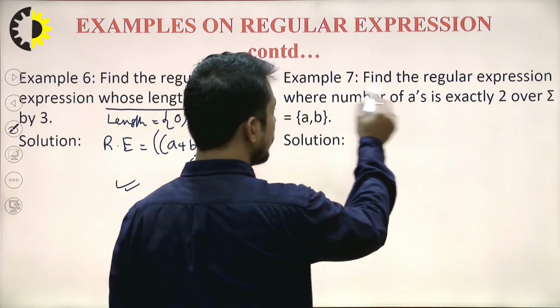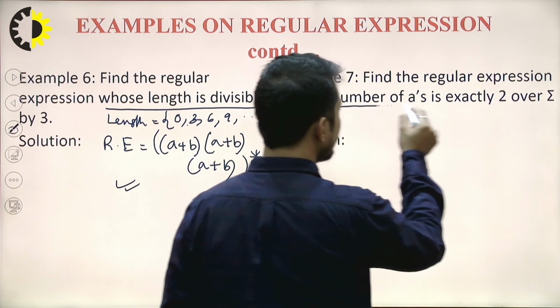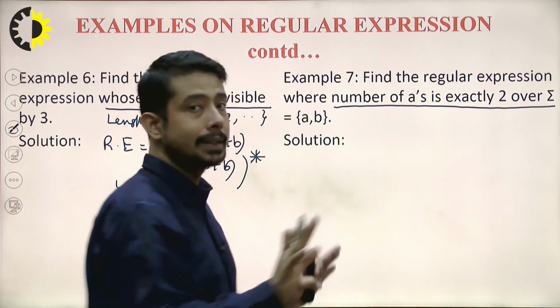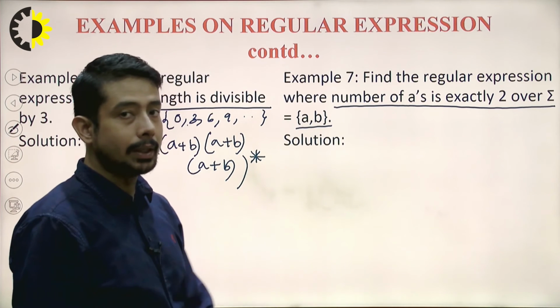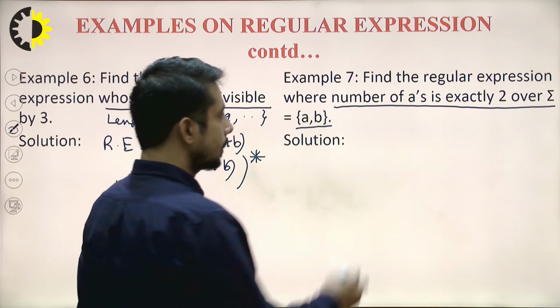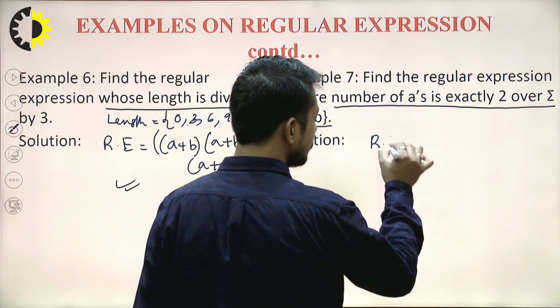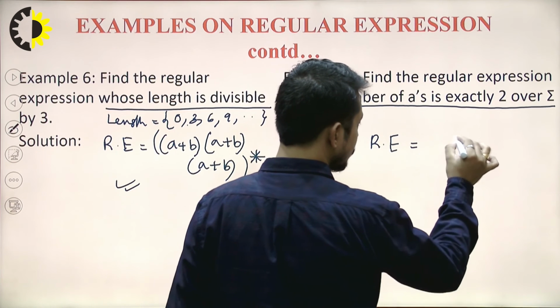Now look into example number 7. It says where number of A's is exactly 2. Number of A is exactly 2, but input symbols are given as A and B. Number of A is exactly 2. So I know, see, number of A is exactly 2. So A